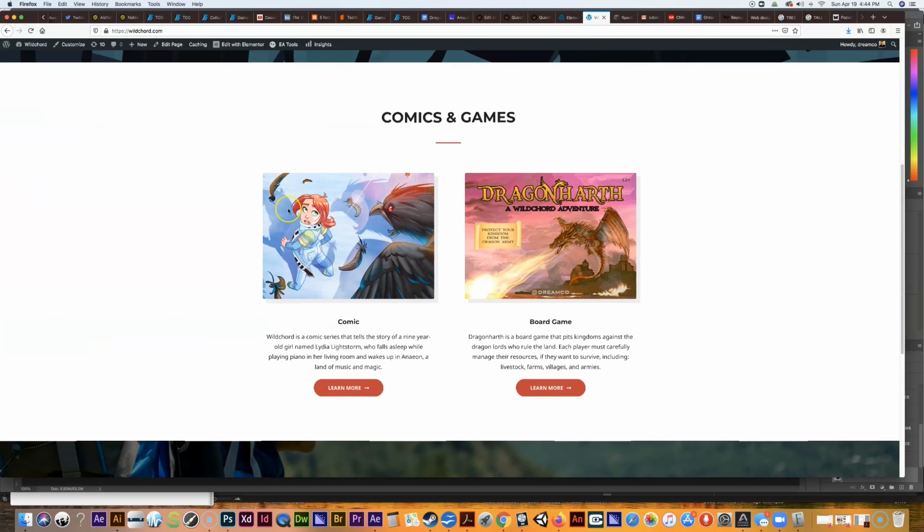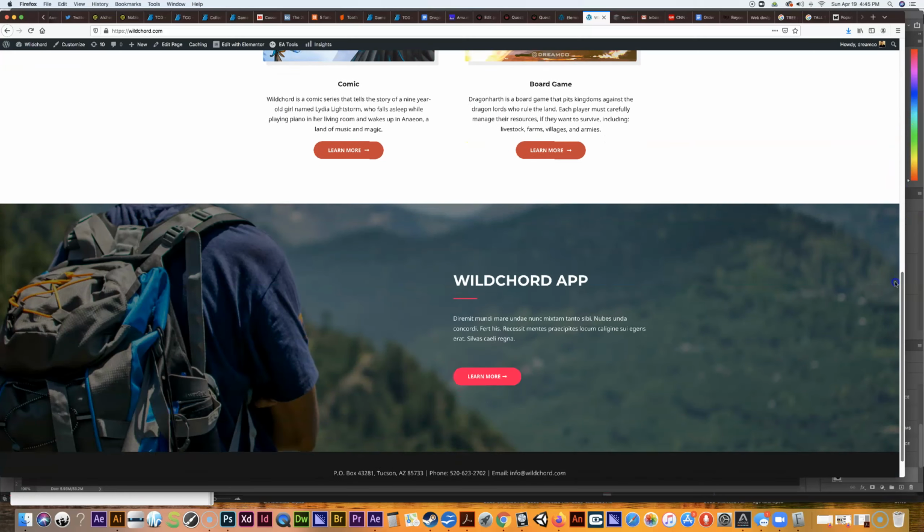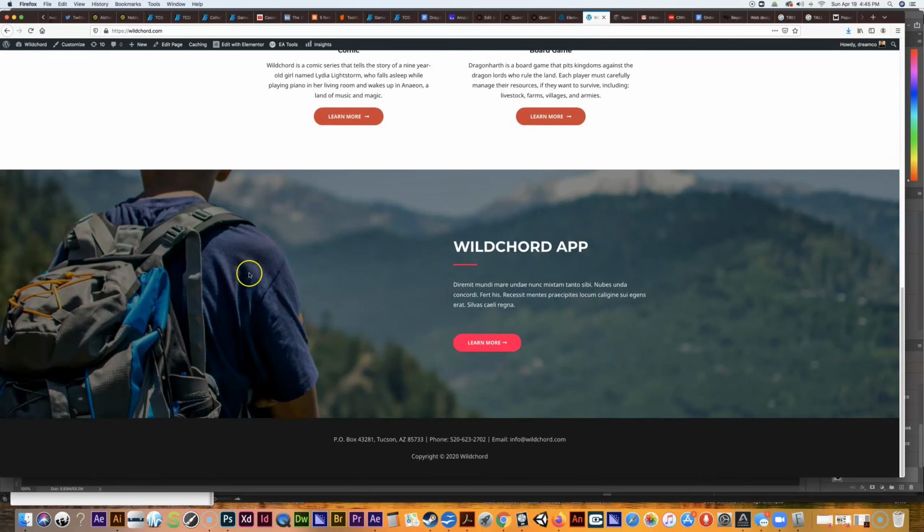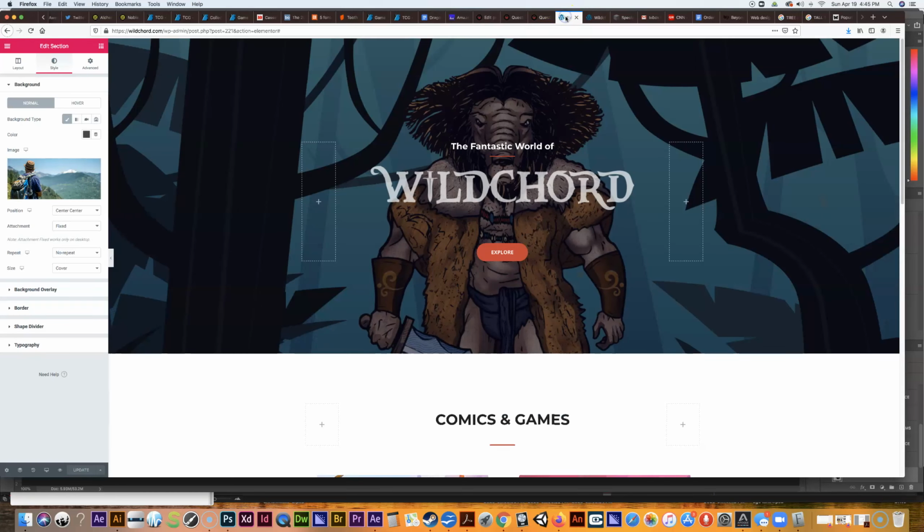So last week we edited these images in these sections and put those together. And then today I want to update this section, which is part of the template. It's this picture back here, and I've already changed this text here. I want to make a picture of an app that I'm making for Wildcord, and put that picture back here and update this text as well. So if we go back here to the